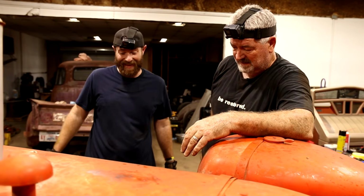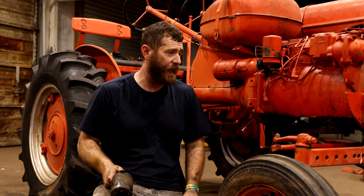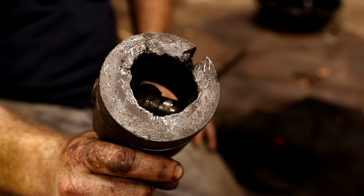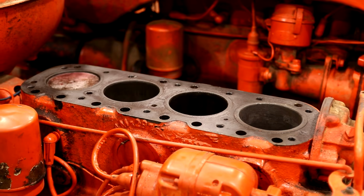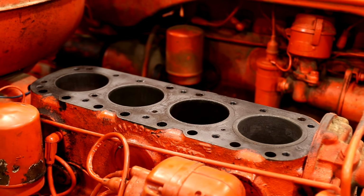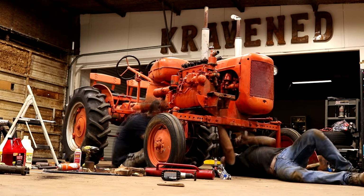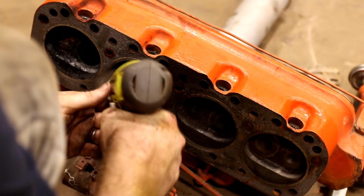Some tough pistons. So after hammering around on this thing for 4 or 5 hours without making any headway, we finally made the decision to just go ahead and bust this piston out with complete intentions of replacing it. So now we have an engine that'll turn over on its own, but as you guys know, the whole plan of this thing was just to see if she'd run. So we're gonna go ahead and put it back together. We have no idea if an engine can even run with it completely missing a cylinder, but we're gonna give it a try. So we'll go ahead and clean this head up the best we can,